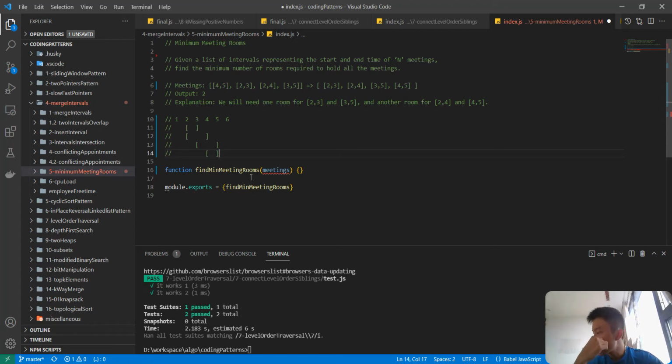So the idea here is that we can start iterating from this sorted list of intervals. We start at the head here, and we check the end time of the current one,